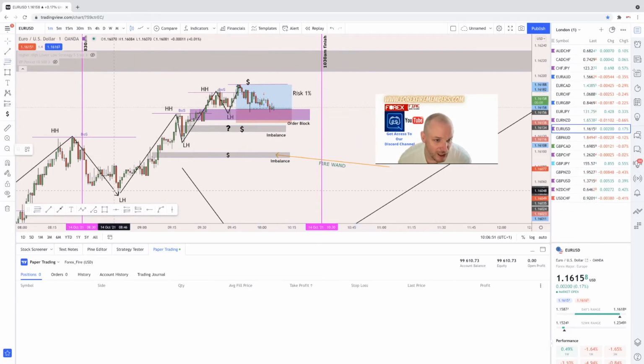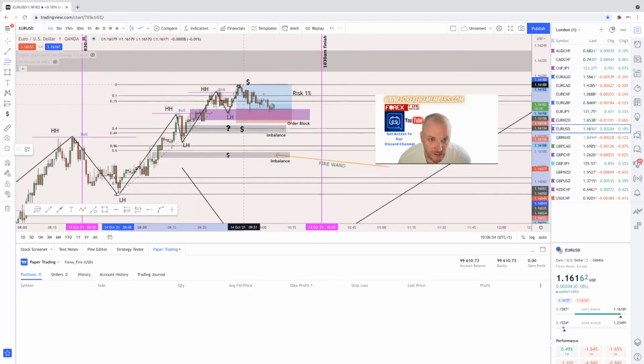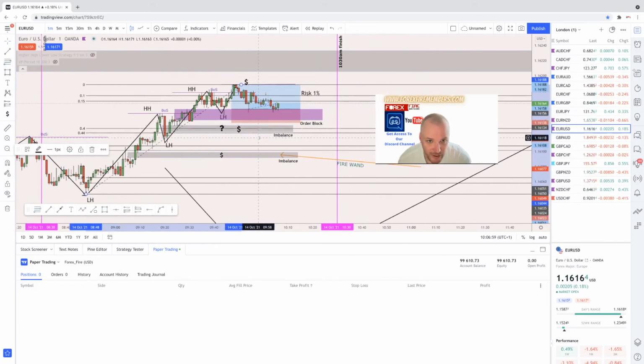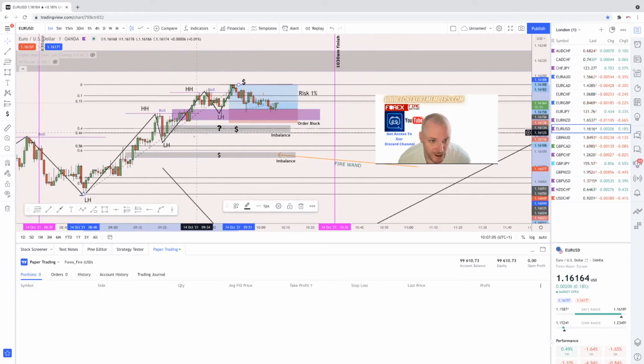If again we look at fire zones, we can see where these imbalance areas are. We've got an imbalance area right slap bang in where we have a fire zone here, okay, and one just below the middle zone. These 2 middle zones hold a lot of significance with regards to from a swing low or a swing high where price could come back to mitigate into. But again, we want this drive to, even if it was to give a double top, I'd be happy with that because it would close this out at a 1.78. So we've got a lot of significance where price resides on these 2 areas.